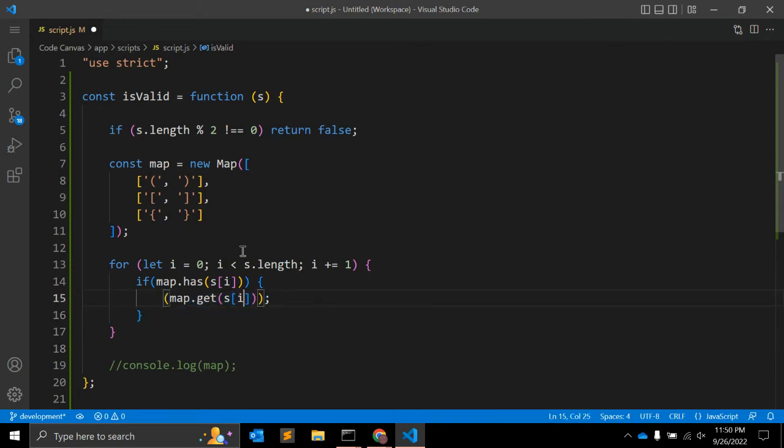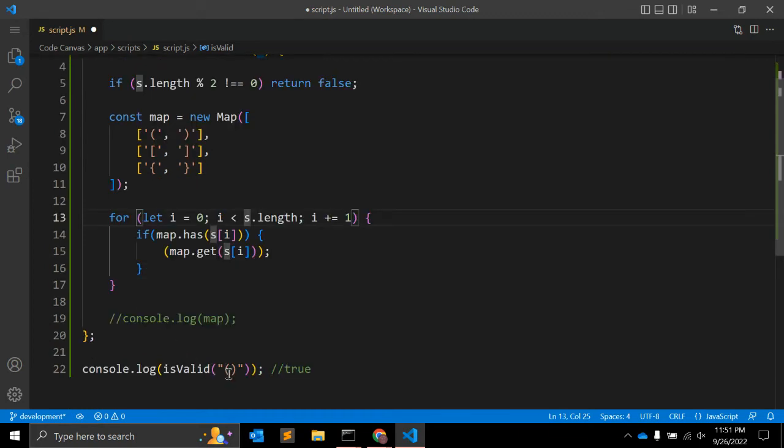So if we have element s of i, that is string of 0, that is this. If the map contains this element, that is m dot has, then